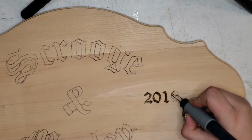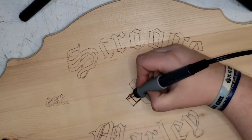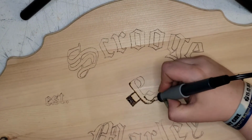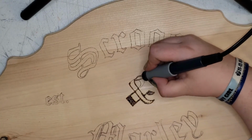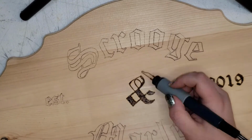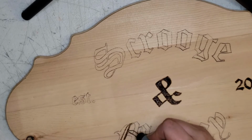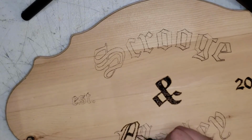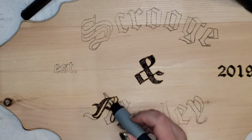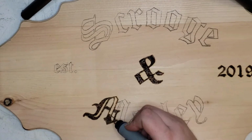So here's a little background on this project that I'm doing. A buddy of mine was in a production of A Christmas Carol last Christmas in 2019 where he played Scrooge in a community theater production. And he had a really good time. But when they were in pre-production, he wanted to have a sign hanging on the front of his desk, not with the year or anything, but one that just said Scrooge and Marley, a nice wood burn sign. But they ended up deciding not to do it. So after the year was over and the production was over, which, by the way, he did a fabulous job,